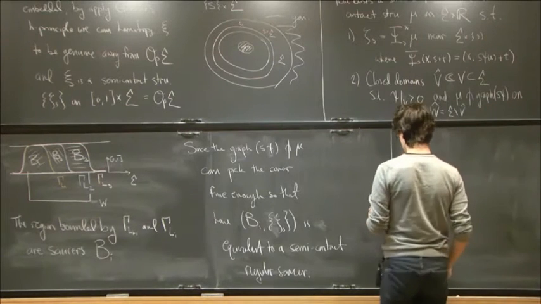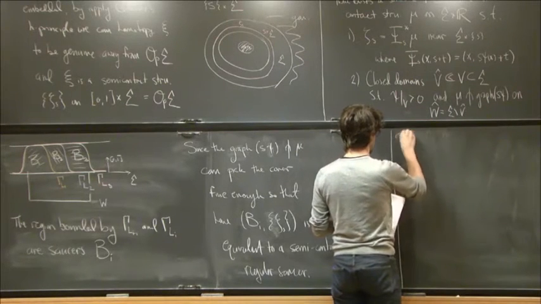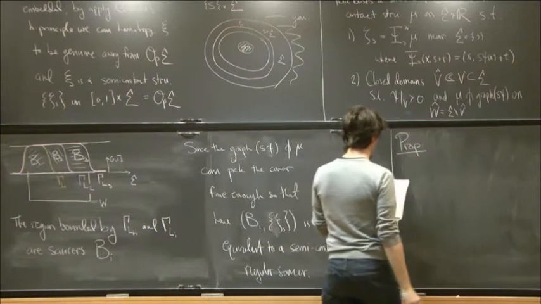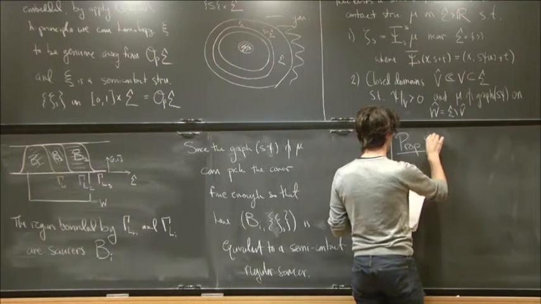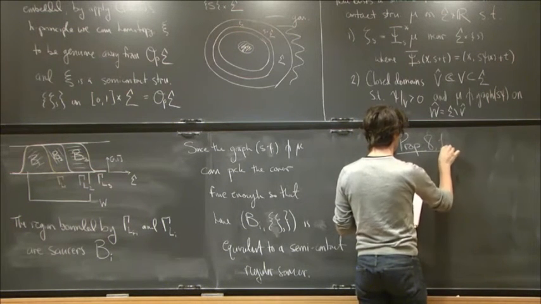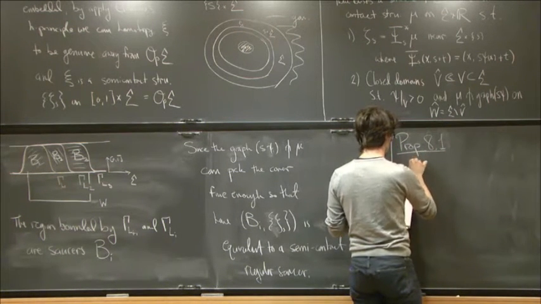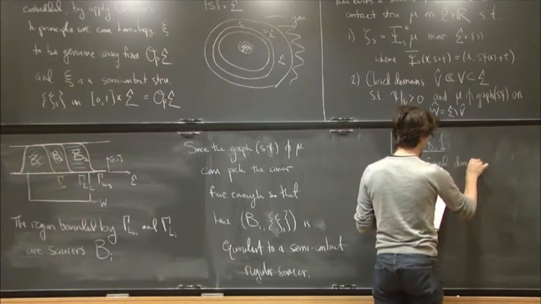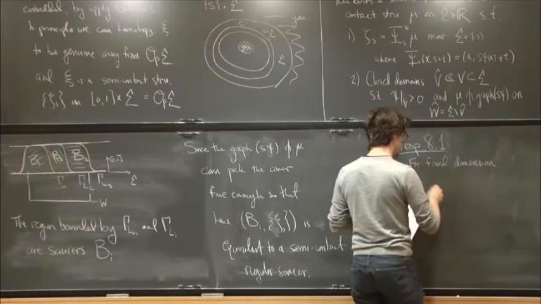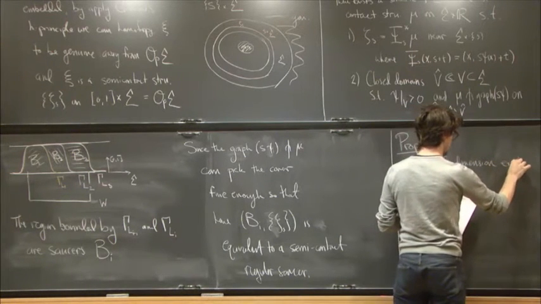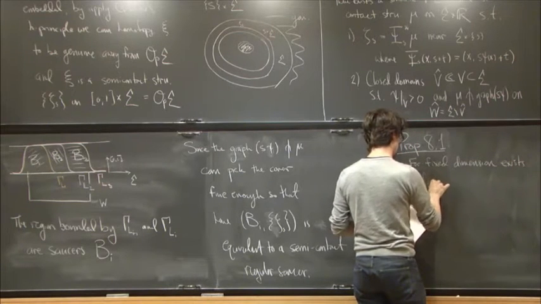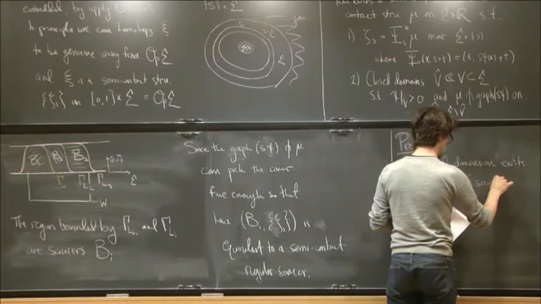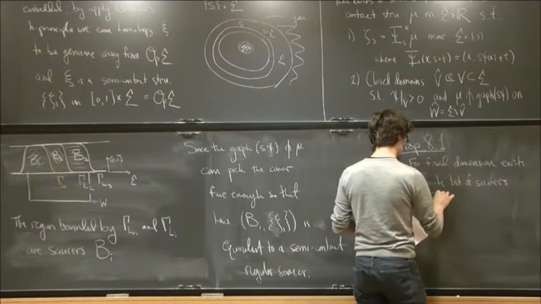So this is the second part. For fixed dimension, there exists a finite list of saucers